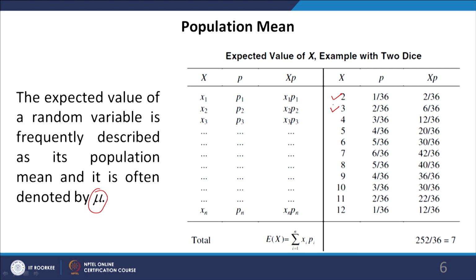Now, you can see that the possibility of 2 coming up is 1 out of all 36 possibilities, right. Similarly, 3 can come up only twice. The two instances are, first, the first dice takes value 1 and the second dice takes value 2. Alternatively, the first dice takes value 2 and the second dice takes the value 1. So, there are two instances when it can be 3, and similarly we can find out that there are 3 instances where the sum can be 4, there are 4 instances where the sum can be 5 and